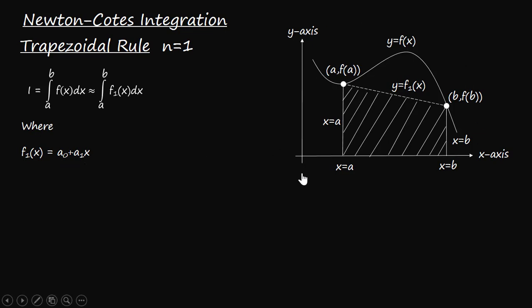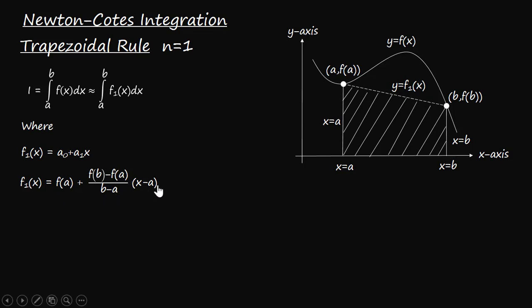Here in this graph you can see that the point corresponding to a on the curve is written as a comma f of a, and the point corresponding to b on the curve is b comma f of b. We can determine the values of a naught and a1 by finding the equation of this straight line between these 2 points using any form. Here if I use the point slope form, I can write the equation of this straight line, which is f1x is equal to f of a plus f of b minus f of a divided by b minus a into